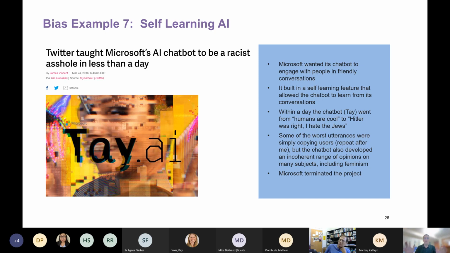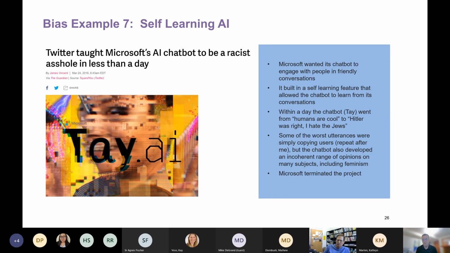Now, some of the worst examples that people took screenshots of were actually manipulated, because you could say, Tay, repeat after me, and then you said something and the chatbot would repeat it, and then you took a screenshot and people would say, look at that, Microsoft's racist chatbot. But there were also examples where the chatbot on its own basically produced highly biased statements,